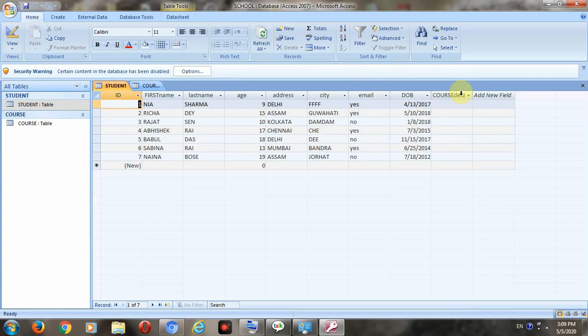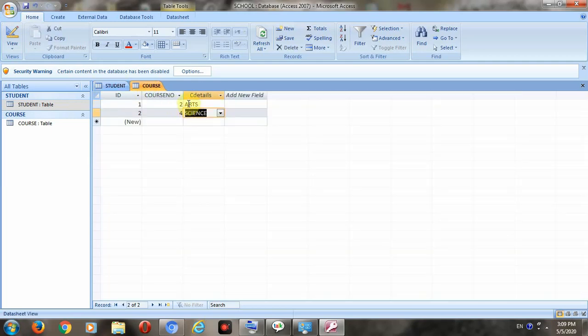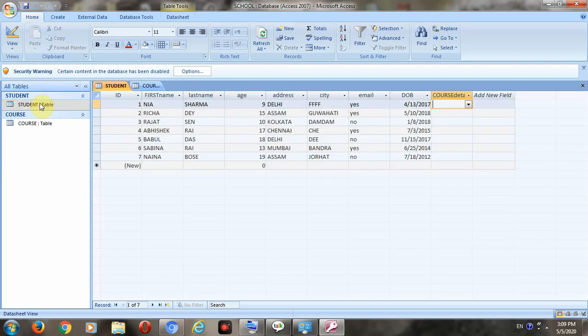See here, a new field has been created as course details. I go to the first one. See here, arts and science, two options are there, because I have given two values only, arts and science. If I give here 5, say 6, and here commerce, it will show three results.